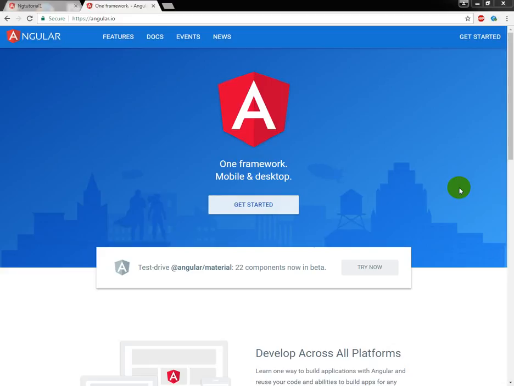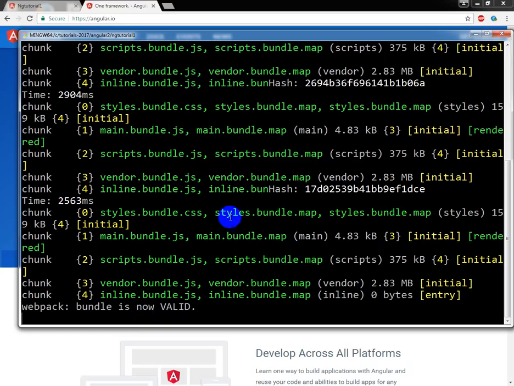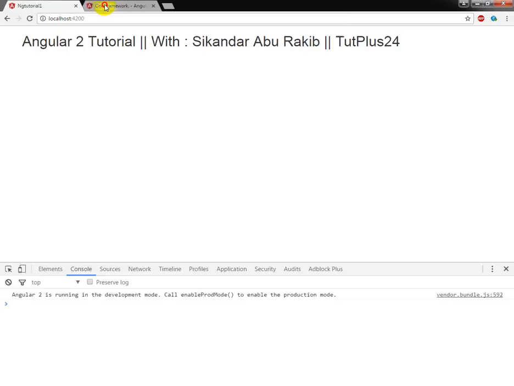Today I am going to discuss Angular 2 reactive forms. In one of my previous videos, I discussed the template driven form of Angular 2. Here I have started a fresh Angular application, and here